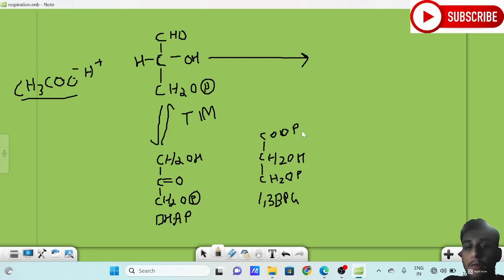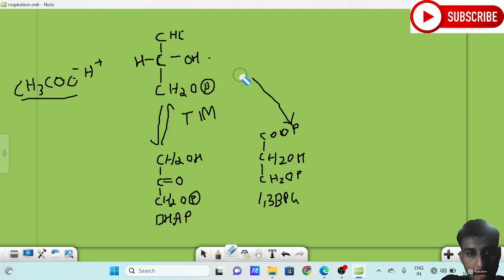If we look at the structure of glyceraldehyde 3-phosphate, G3P, we can understand that here it is an aldehyde. Okay, an extra O is being added here, and an extra P also. If you analyze both the structures, from this structure this has been formed, so an extra O with an extra P is formed. So from where did they come? It is actually donated with the help of